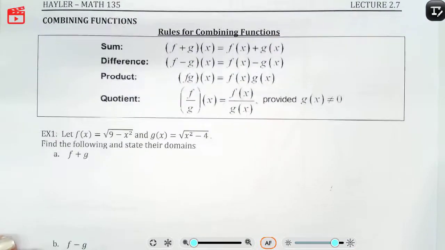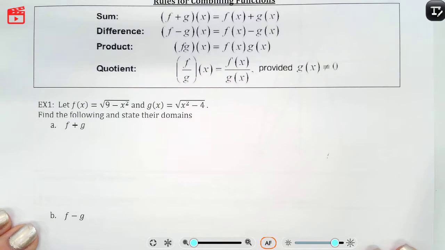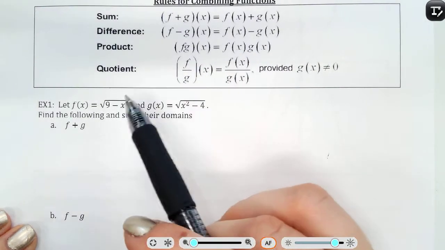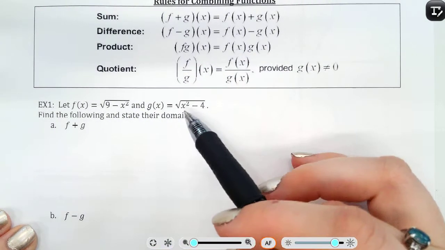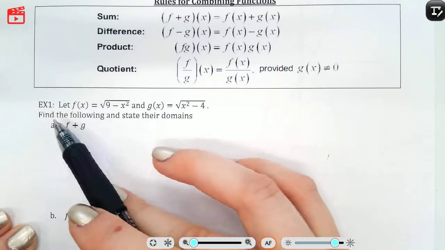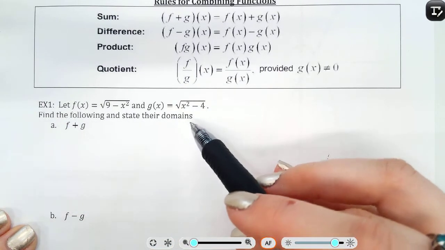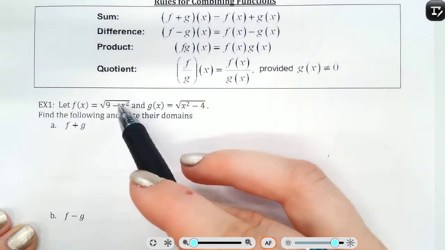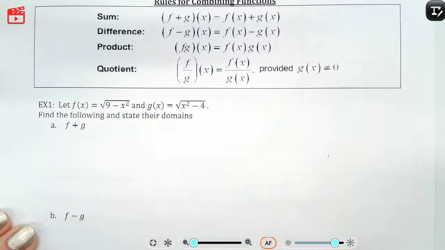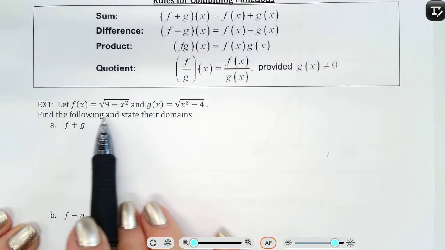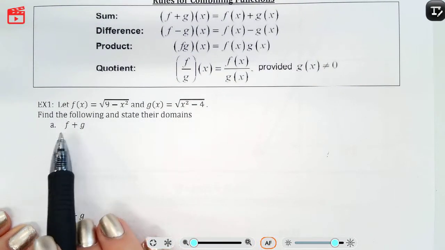For example 1, we have two functions, f of x and g of x, and they're both square root functions. So if we're going to be finding their domains, I need to take into account the fact that whatever is underneath the square root needs to remain nonnegative. We're going to find the following and then give the domain for the following. So f